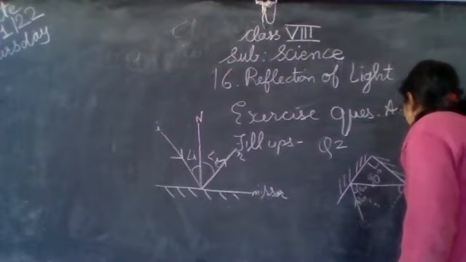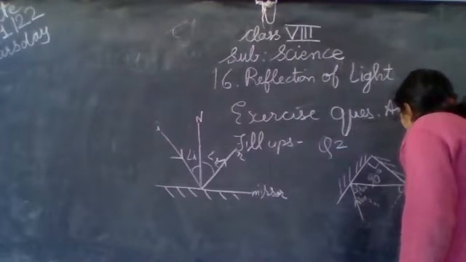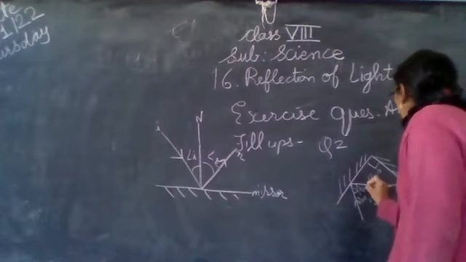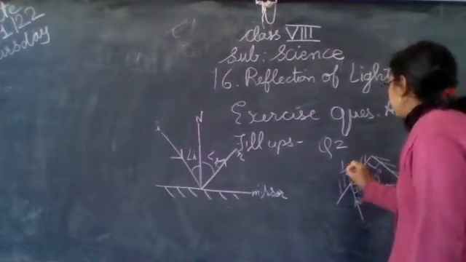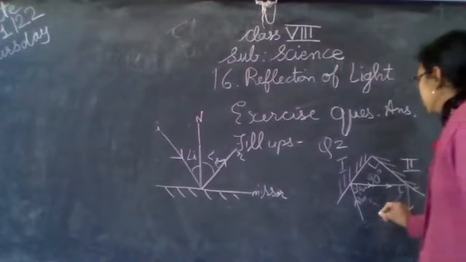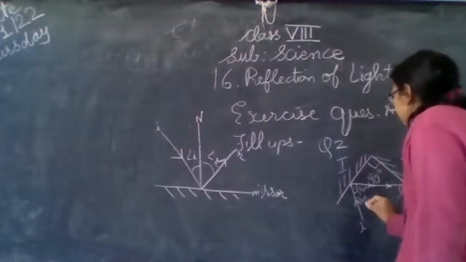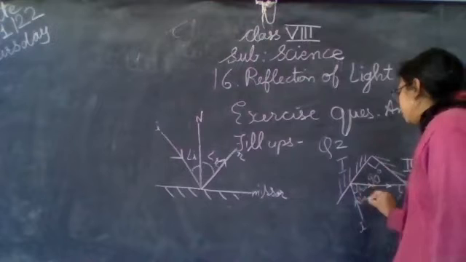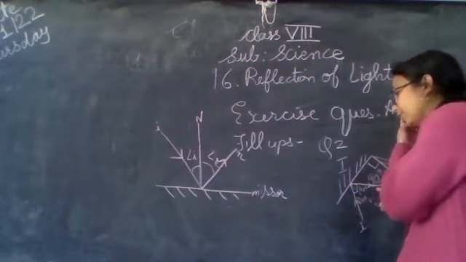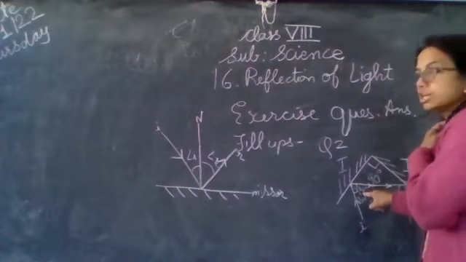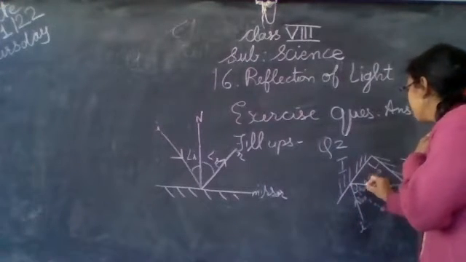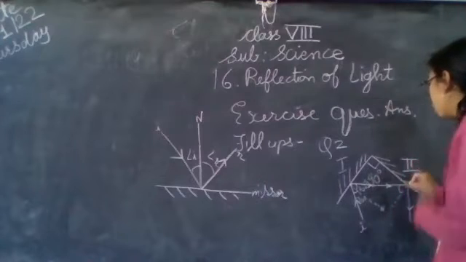In this case, this will be the incident ray for the second mirror. This is your first mirror, this is your second mirror. Okay, this is the incident ray which is making an angle of 30 degrees with the normal, and when it gets reflected from the first mirror, obviously 30-degree angle will be made by the reflected ray. This reflected ray is going to fall